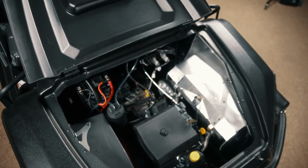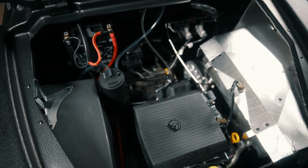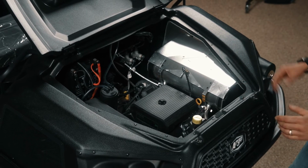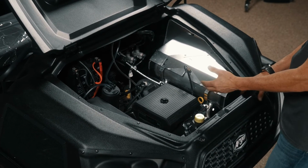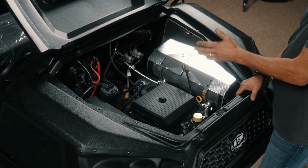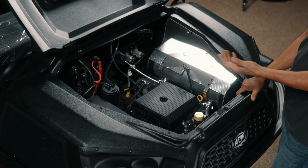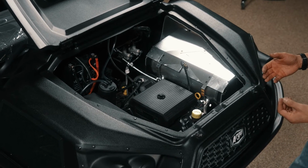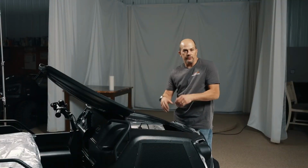Now, the Frontier 700 is actually a 23 horse fuel injected Kohler engine, and fuel injected, no choke. So that's wonderful. You just get in and start it like you start a regular vehicle, like the new cars nowadays. Another nice thing with fuel injection, if you're somebody that is above 5,000 feet of elevation, you don't have to worry about adjusting jetting or anything that way, or clutch. You still have to do clutch weights, but as far as the engine goes,